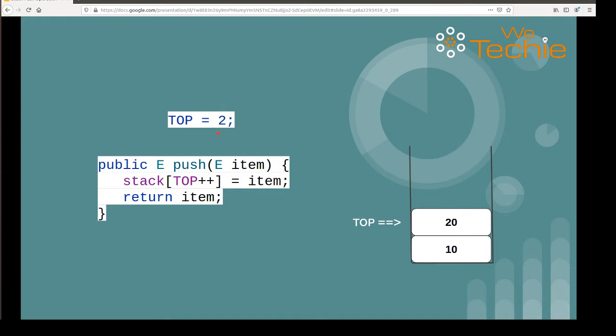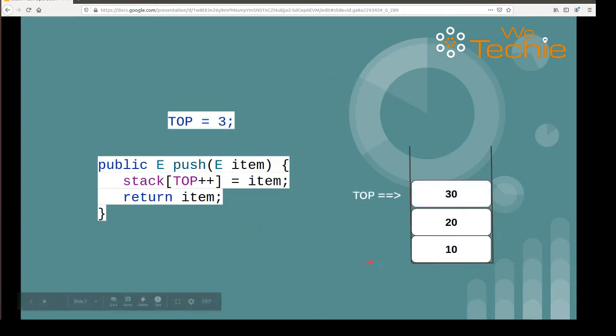So let's try to add one more element, that is 30. You have observed here, right? Whatever element we are trying to add, it is getting added onto top itself. So this is another element which we are adding into stack. This element also we will be adding from the top itself, because there is no other way to add elements from the bottom or from the middle, right? Now let's execute this line of code again.